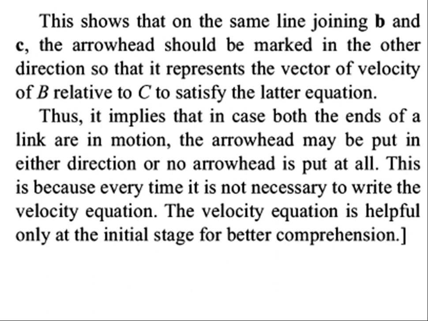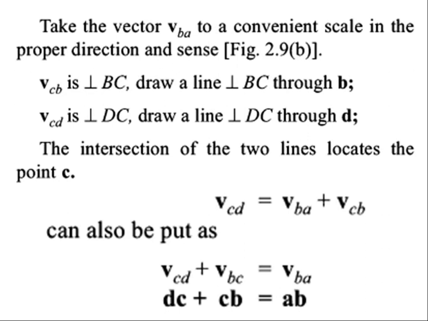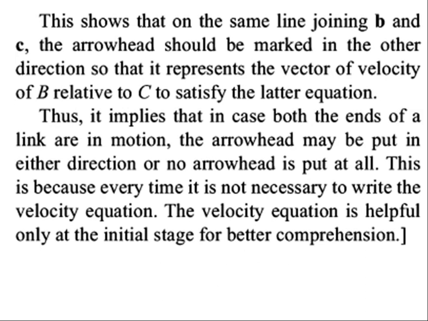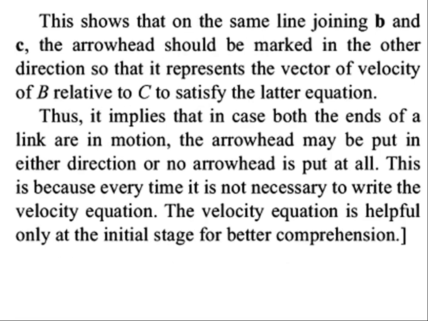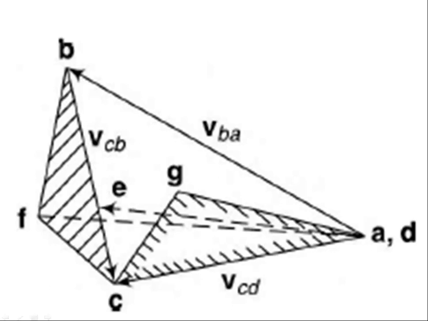Okay, so if you have completed, you can tell me the value, and you can just cross check. And one more, sir, VBC, what happened? Sir, VBC 0.32 meter per second, I got, sir. VBC, how much you got? 0.32 meter per second, sir. Okay, this one you got 0.32. Yes, sir. Okay, then VCD? VCD 0.40 meter per second, sir. 0.4. Okay, so this 0.32 and 0.4. So let us see about others.